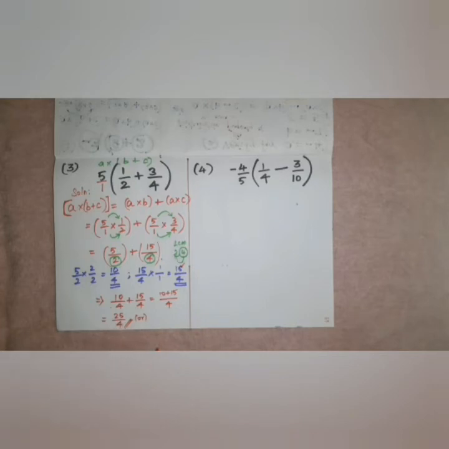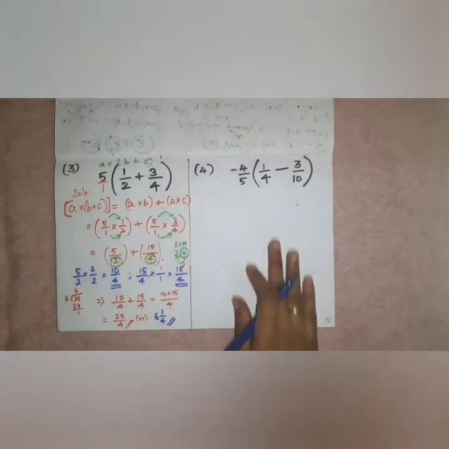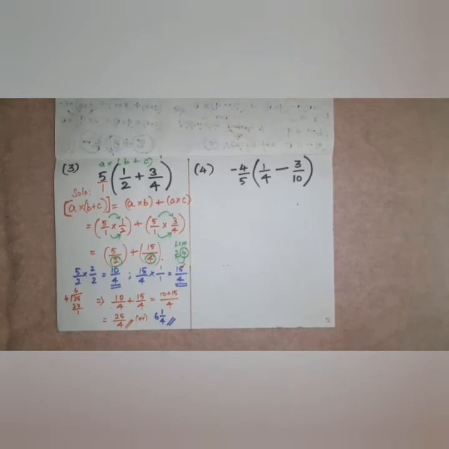25 by 4 is an improper fraction. The numerator is greater, so you can change it into a mixed form. So how do you change? You have to divide 25 by 4. How many 4s are there in 25? There are 6 4s. 6 4s are 24, balance 1. So I can write 25 by 4 as 6 1 by 4. Okay, clear? Yes, the value of the expression of the rational numbers a into b plus c is 6 1 by 4.